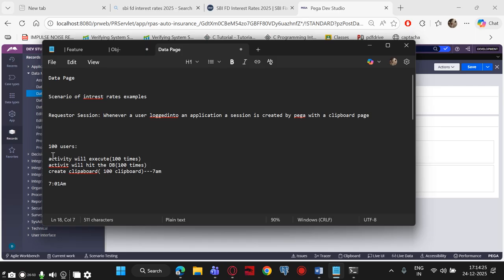Now, will the activity execute again? No, it will not execute. Will it hit the database again? No. Instead, it will use the same clipboard page at 7:01. At 7:02, same page. 7:03, same page. 7:04, same page. Another user came at 7:05, same page. But if a user came at 7:06 and tried to fetch the same data, this time